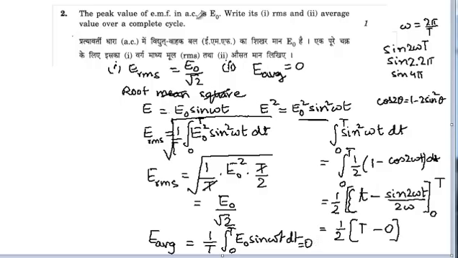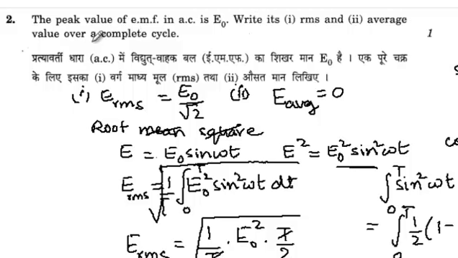Now the same question might have been asked slightly differently. Instead of over a complete cycle, they could have asked you over half a cycle. So what is the RMS and average value over half a cycle? You work this out as a question, and you can write the answers to me